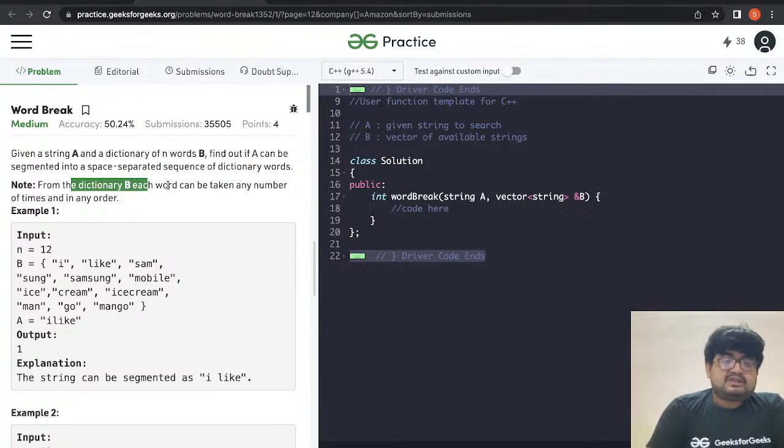So you are given a string A and a dictionary of n words B. You have to find out if A can be segmented into a space separated sequence of dictionary words, and for dictionary words,